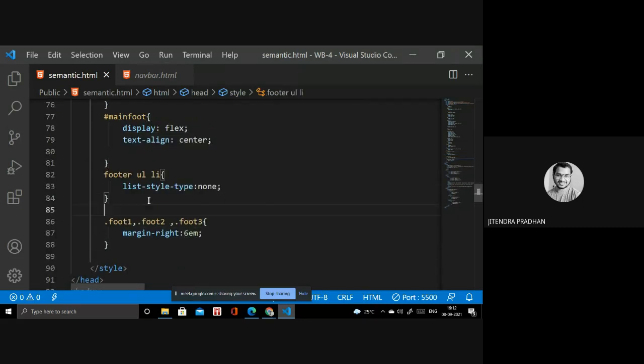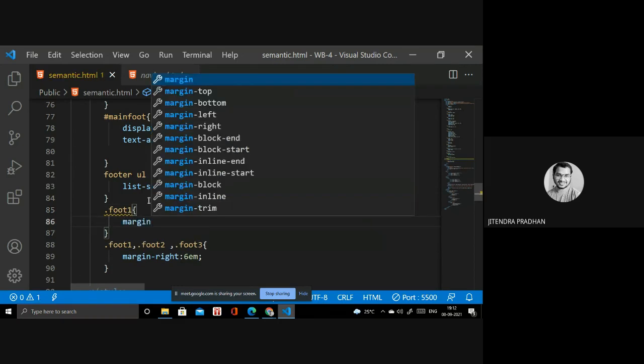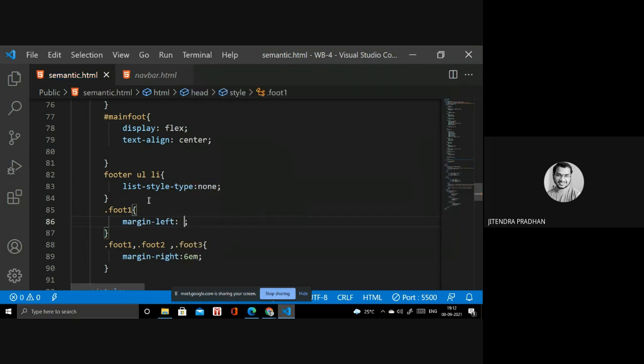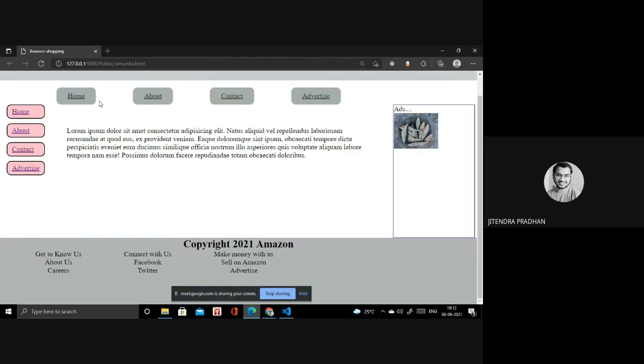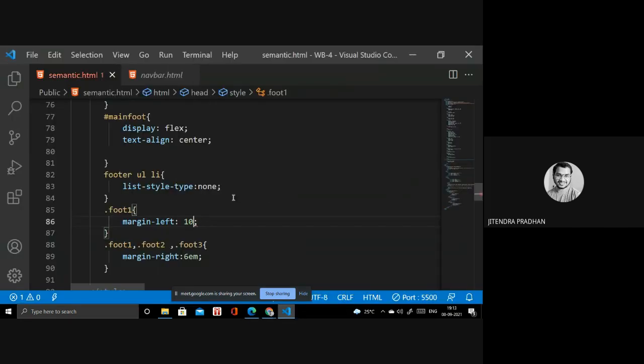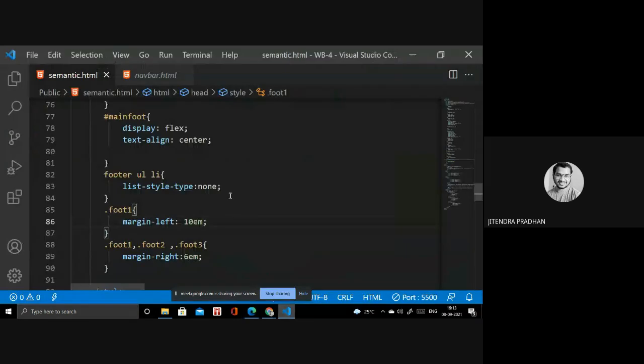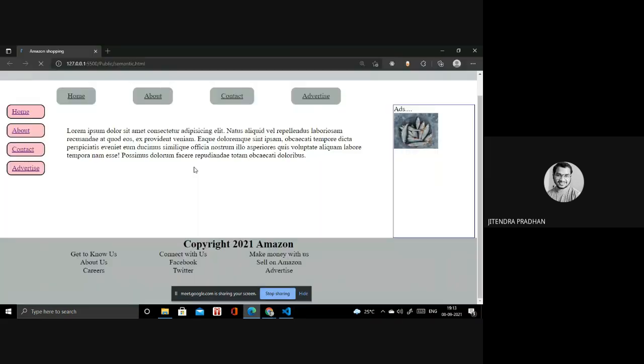Then you have to go to foot 1, and change the margin left to 2 em or 5 em. Okay, it looks better, but I need something more. 10 em. Okay, done now. It looks better now.